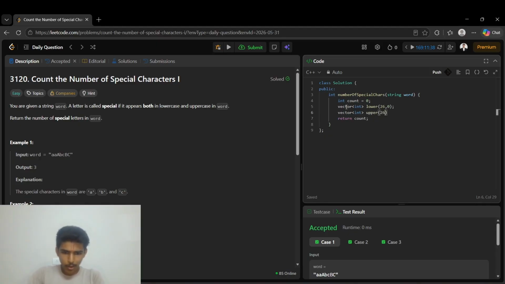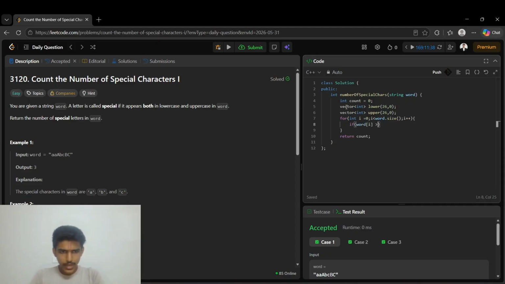So 26 comma 0, and as I mentioned, we will first iterate through our input string, word.size, and during that iteration we will simply check if our current character, like word of I,